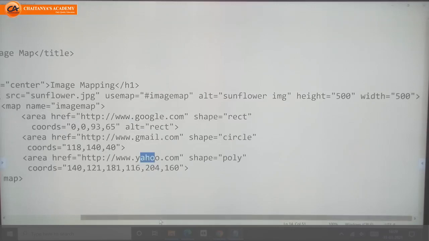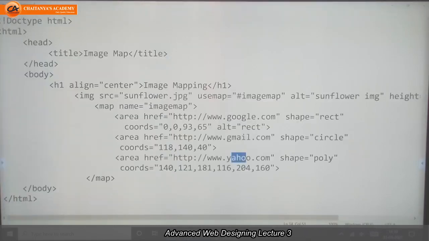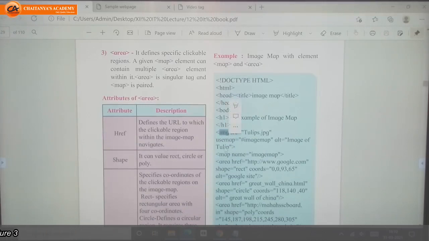So one image is having multiple links. If one image is having multiple links, that means image mapping. For that purpose, we need to use 3 tags: the image tag, inside that the map tag, and inside that the area tag.